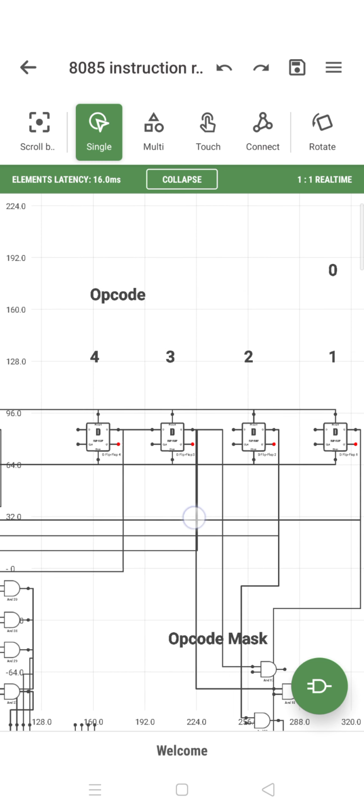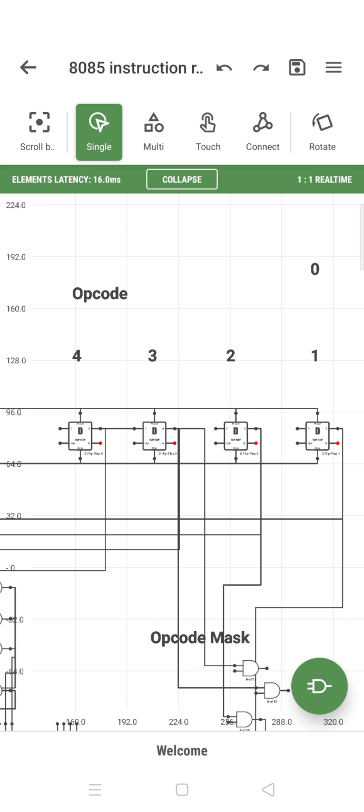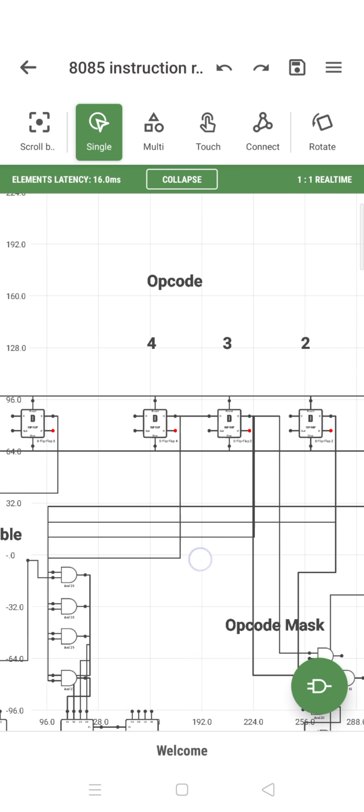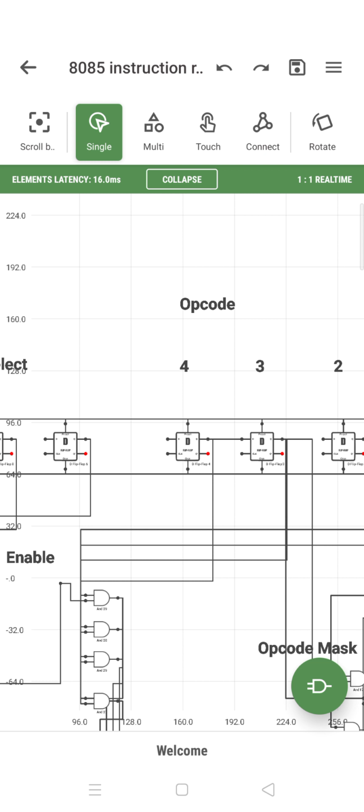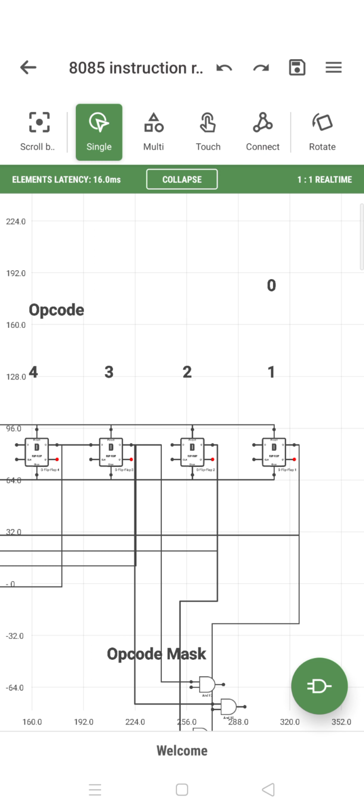One is called an opcode, another one is called an operand. Opcode is a kind of coding: what kind of operation you want to do. Operand is where the elements are stored. I have drawn it from this side to this side because the lowest elements are here. So first it is separated into two divisions.